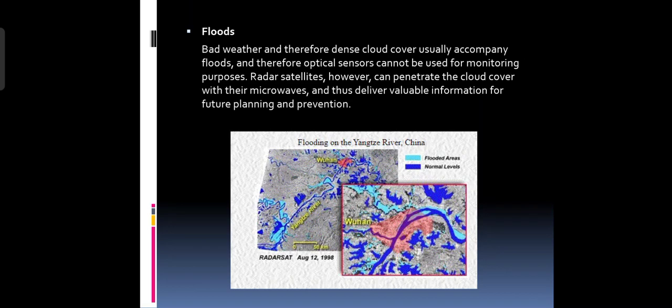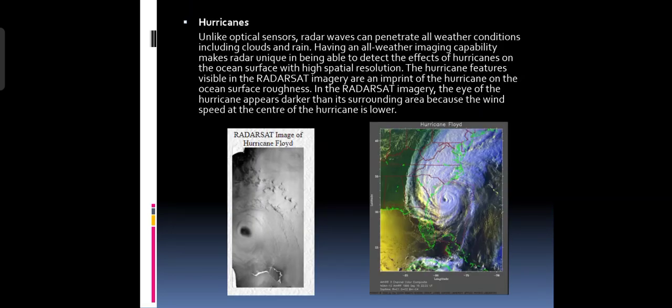Now, floods. Bad weather and therefore denser clouds causally accompany floods, and therefore optical sensors cannot be used for monitoring purposes. Radar satellites, however, can penetrate the cloud cover with microwaves and thus deliver valuable information for future planning and prevention. Now, hurricanes. Unlike optical sensors, radar can penetrate all weather conditions, including clouds and rain,